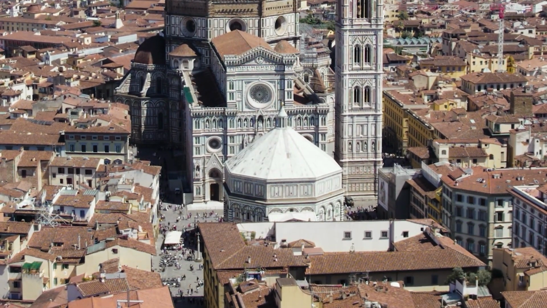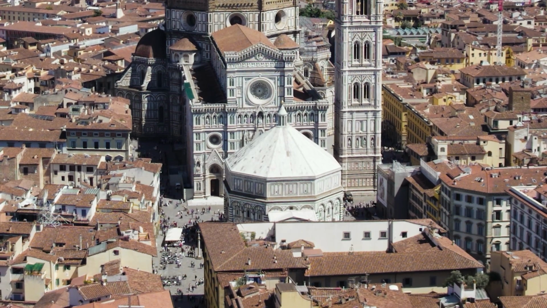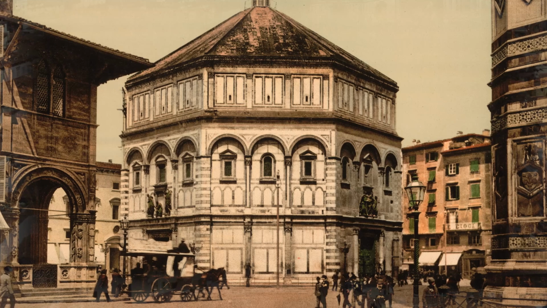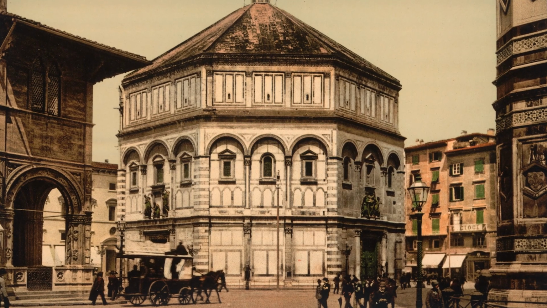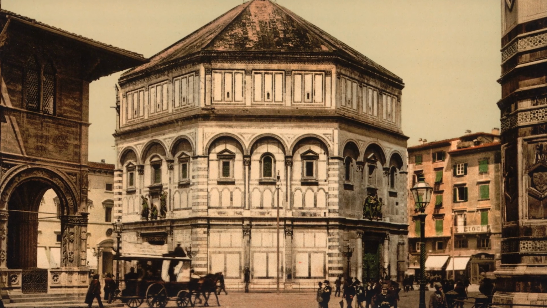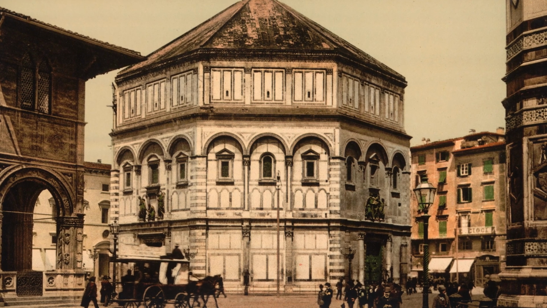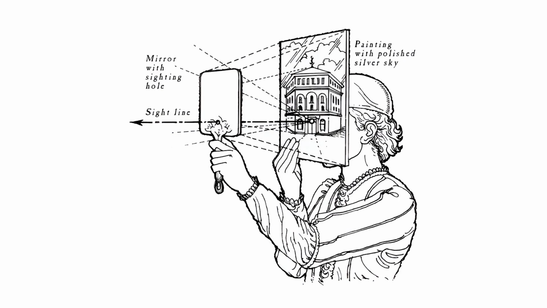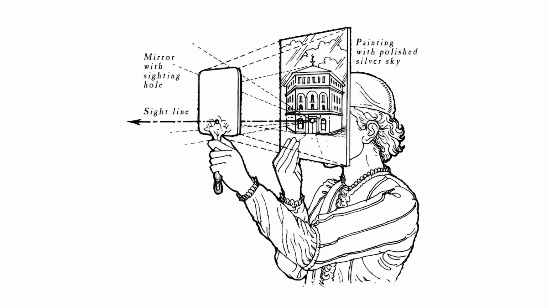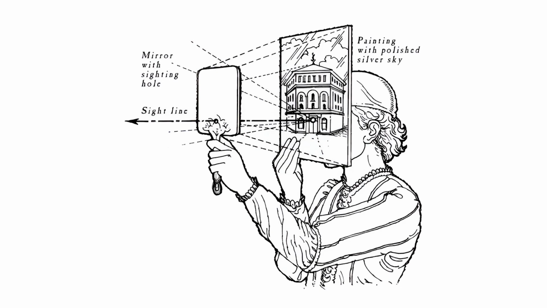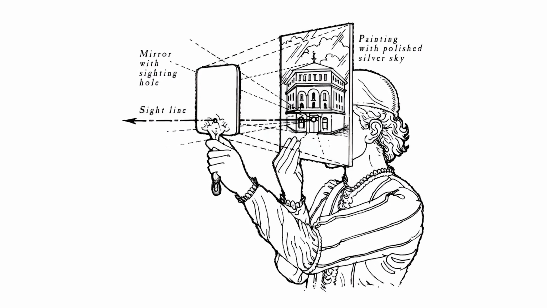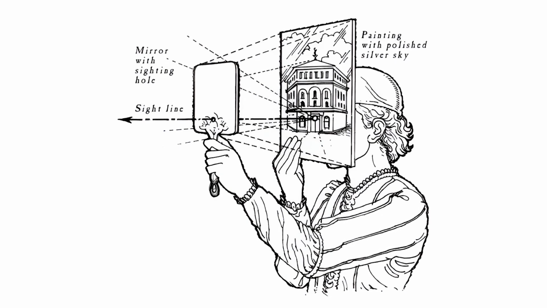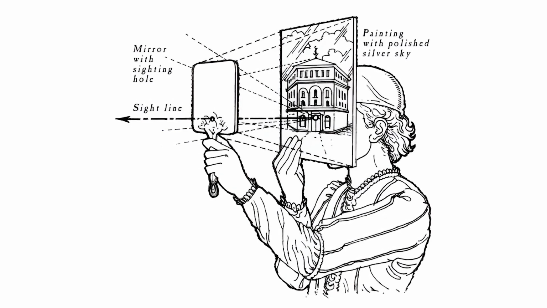In the early 15th century, Brunelleschi conducted an experiment to prove his theory of linear perspective. He stood in front of the Baptistery of Florence, a prominent building, and created a detailed painting of the Baptistery. The innovative part was how he presented it. He drilled a small hole in the painting at the vanishing point and stood behind it, using a mirror to reflect the painting, creating an analog virtual reality experience.